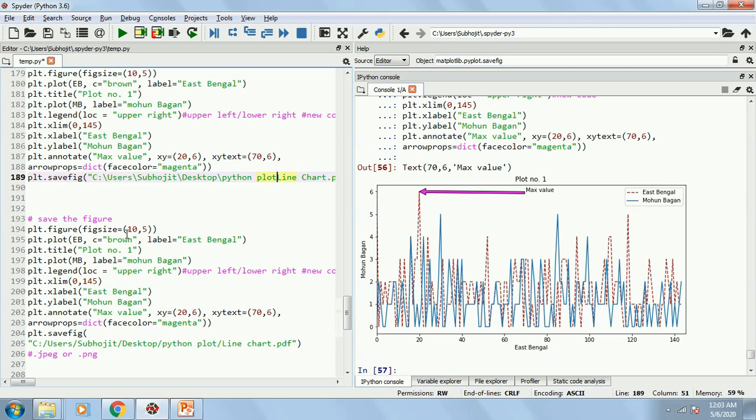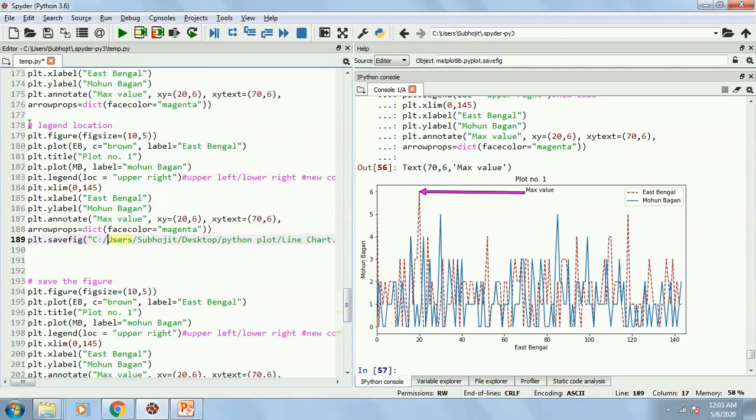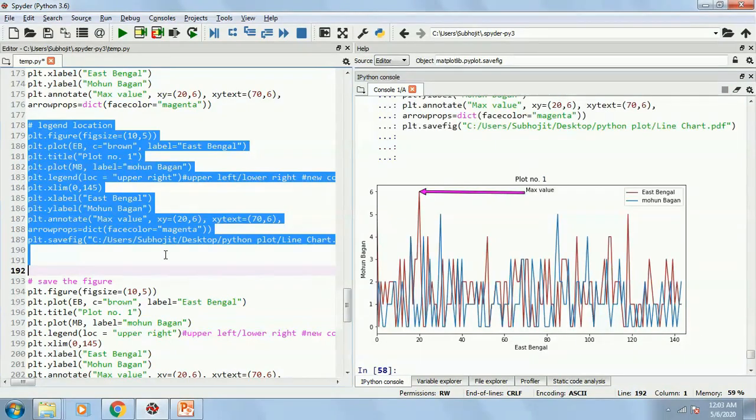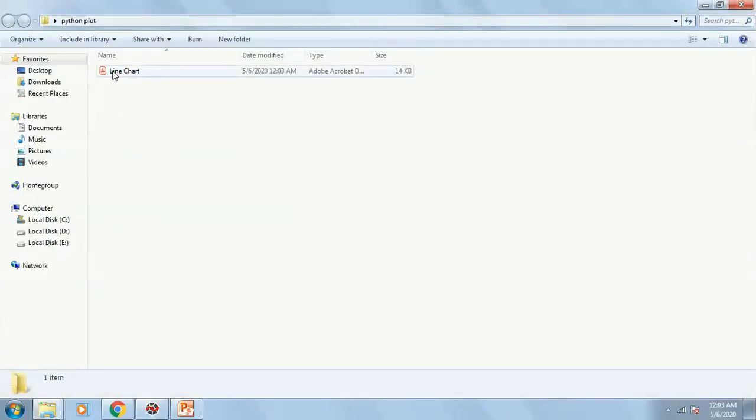Just remember that wherever you have these slashes, you need to make it a forward slash, otherwise it's not going to work. You make it forward slash or double backward slash, both are going to work, but don't do a mix and match, either single forward slash or double backward slash. And now if I execute it, it's going to be saved over here as a PDF.